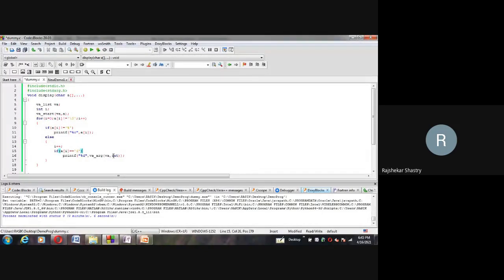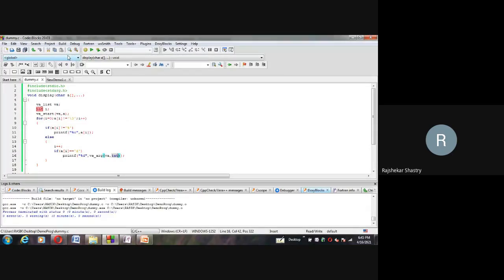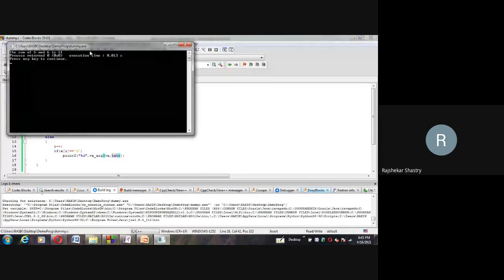If it is D, then fetch integer. If it is F, then fetch float. If it is C, then fetch char. Likewise, each one I'm fetching, and the fetched one I'm simply printing. That's all. This is my own printf statement. From now onwards, instead of using printf, every time I will use display, which works exactly the same. So here is the sum of 5 and 6 is 11. It is true. If you change the display function parameters to anything, it will work.